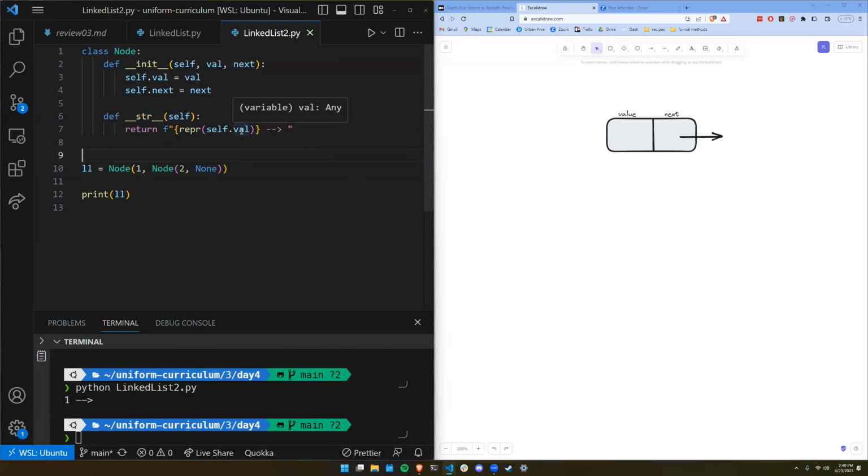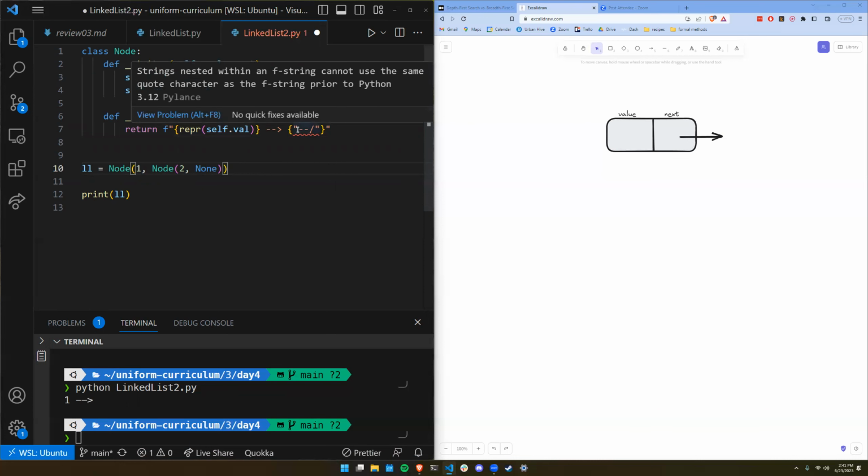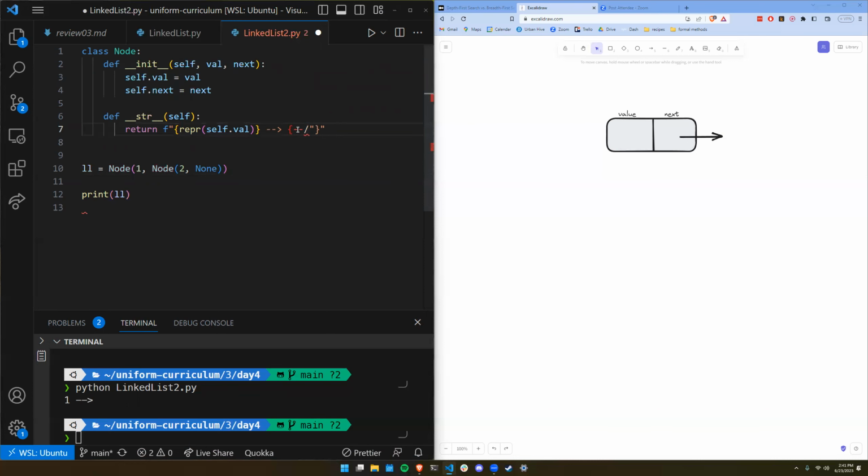But maybe I want to do something where when I print node 1, which has something else in it, I just print that. But if I print node 2 and its next is None, I actually want to print that as well. So I might write something right in here, maybe I'll say end. How do I, it doesn't seem to. We could just do self.next. Well, exactly, as in,